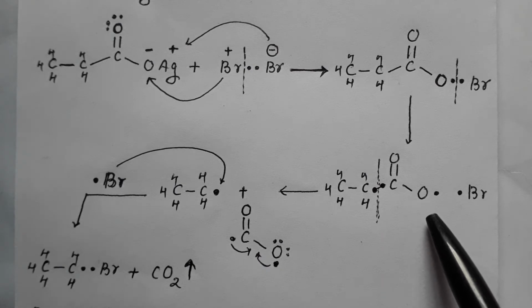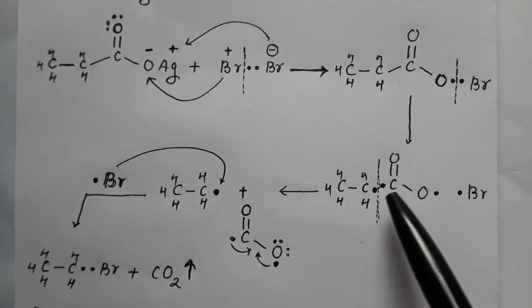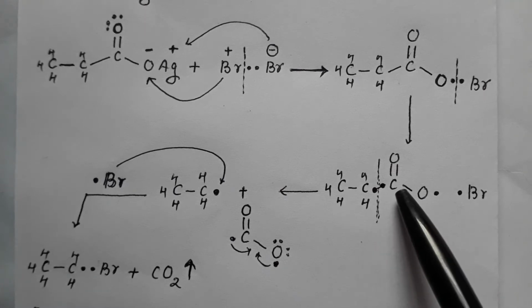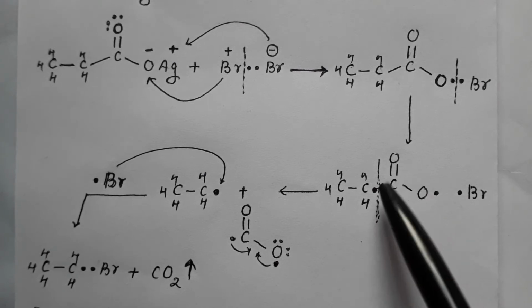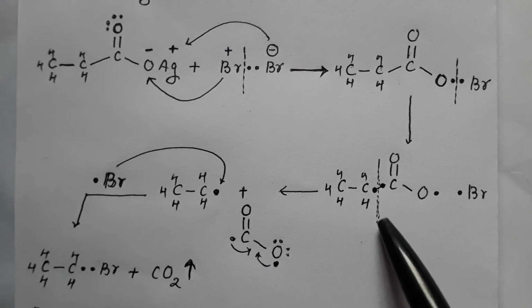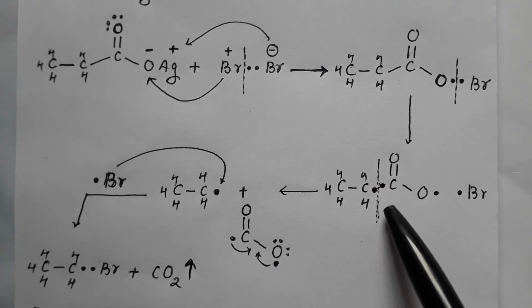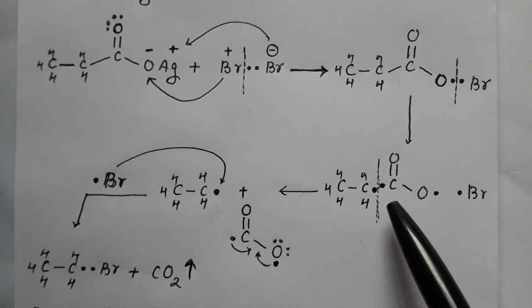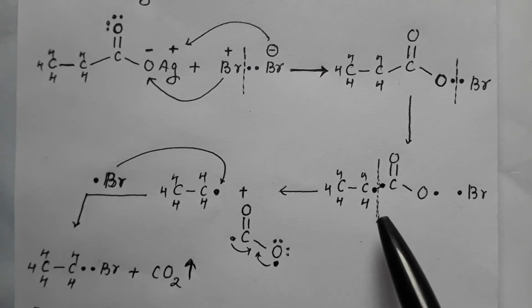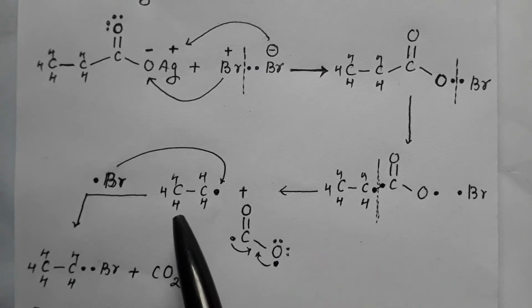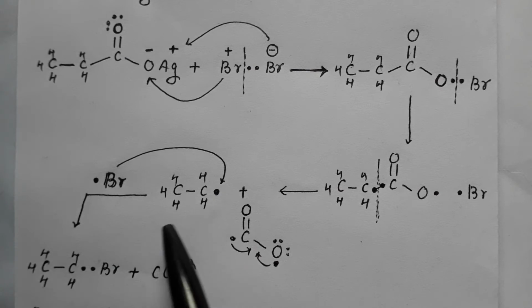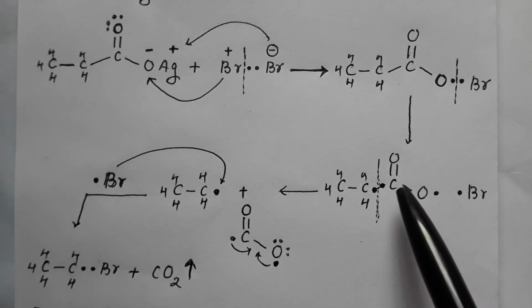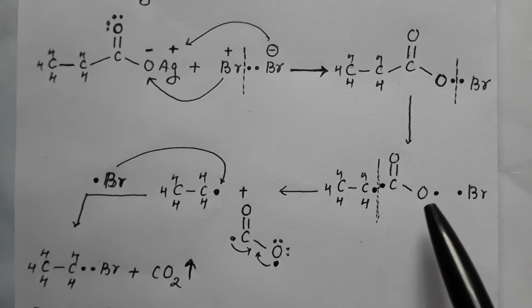Now from this free radical, the bond between carbon and carboxylate also undergoes homolytic fission. That is, again it undergoes homolysis. As a result, it results in formation of CH3CH2 with a single electron. That is, it results in formation of ethyl free radical, and it forms C double bond O, single bond O with this